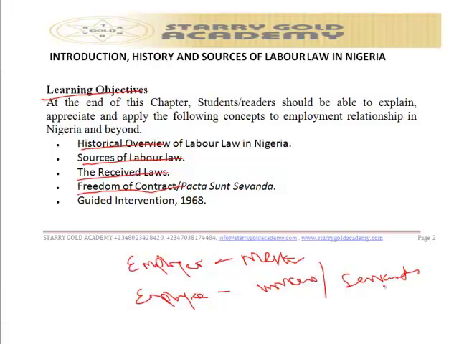So modern-day labor law and labor agitation in Nigeria originated from colonialism. And as a result of this, the present labor legislation is a product of common law and English jurisprudence. In essence, the British labor law is what was adapted and shaped into Nigerian law, because the British are what? They are our colonial masters, and most of the things they were doing were imported to us, and we also accepted it hook, line and sinker.